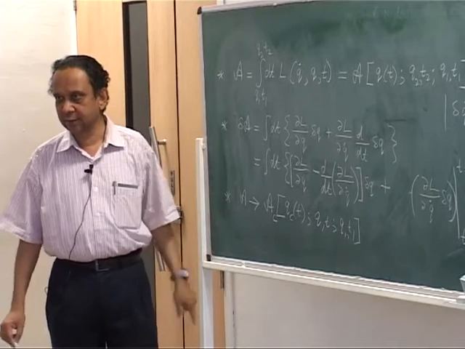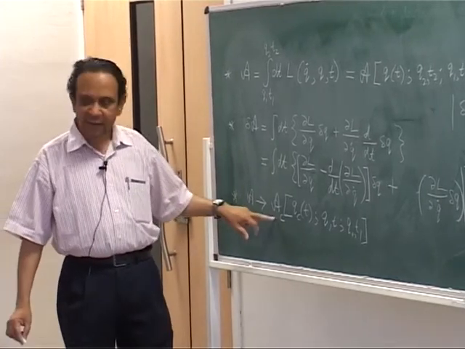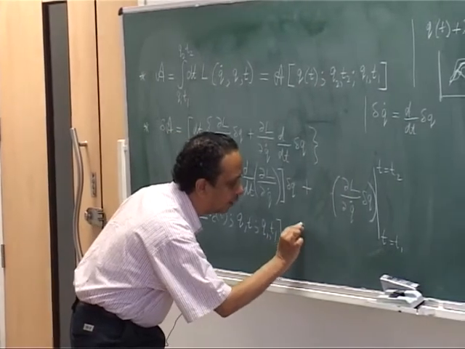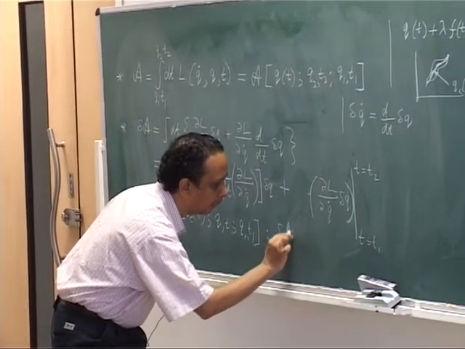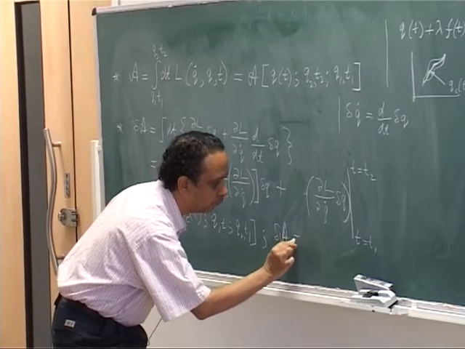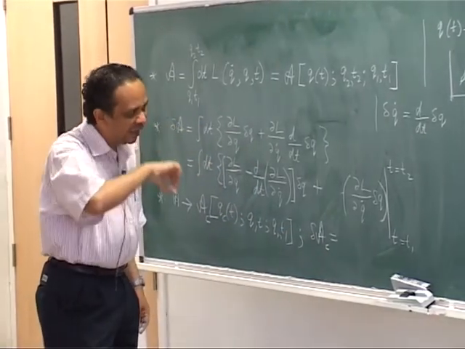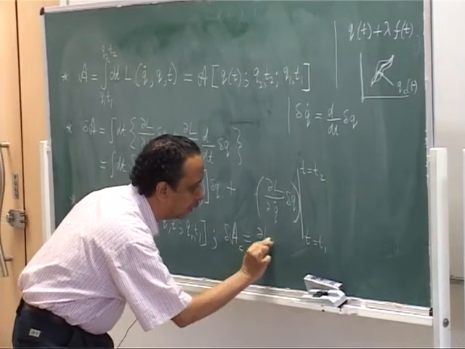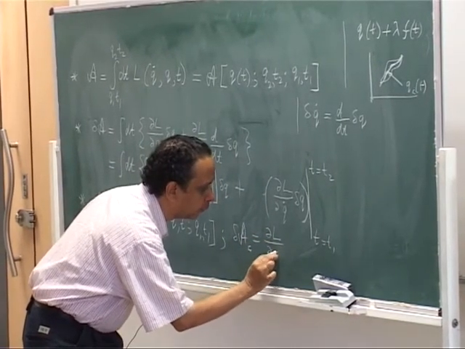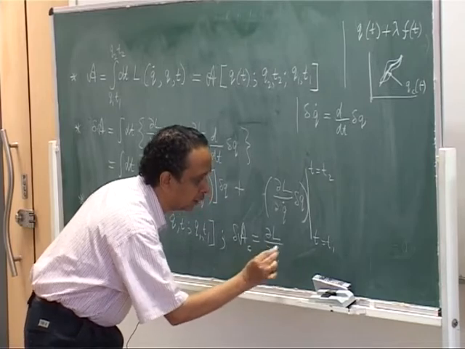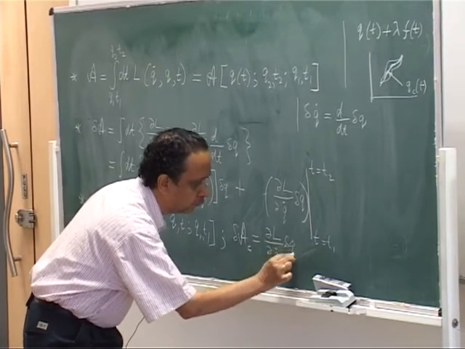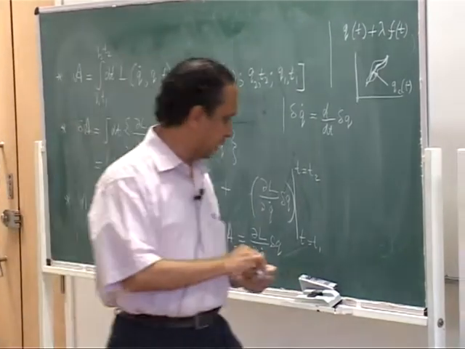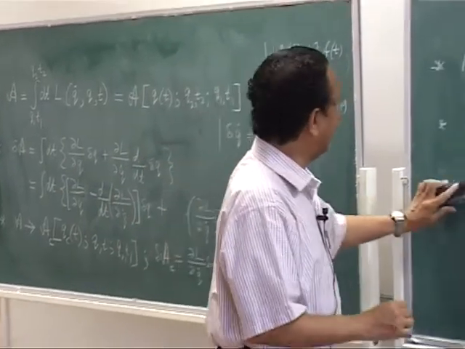Then you get the result that for this delta A, if I write down the corresponding equation, I will have delta of AC equal to dl by dq dot delta q. But these are now just end point variations. So, I can immediately get from that